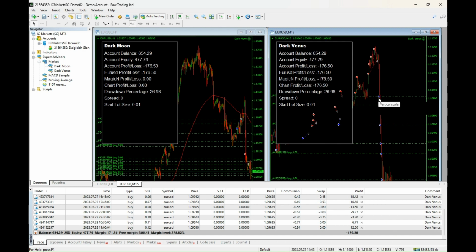But as you can see here, it's put in a number of consecutive buys. I'm not sure if I can show that any better, but you can see them down here, and now they're totaling minus $178. Our account balance is still showing 654, but if we sold all these losing positions off now, we'd be 179 worse off, which would take us down to 474 here. So this is quite interesting, because my theory is this is probably similar to what happened